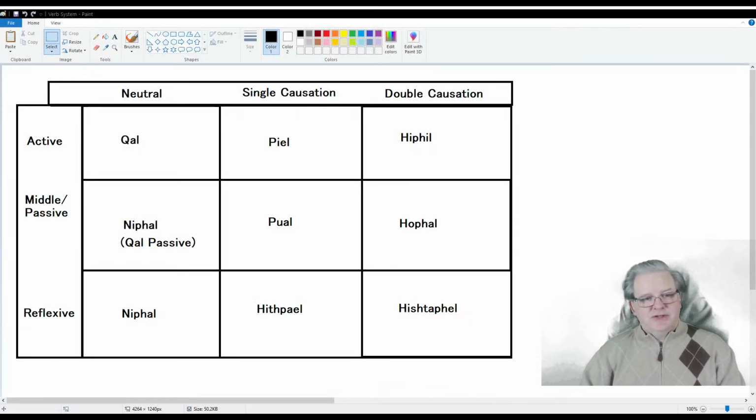The Hiphil, as you can see, is in the double causation column way over to the right. So we're making a move over in the active row. What we're trying to do is now show how causation really works in a doubled kind of way. This will be the H stem, and the H stem indicates that you're going to have a prefixed hey, and